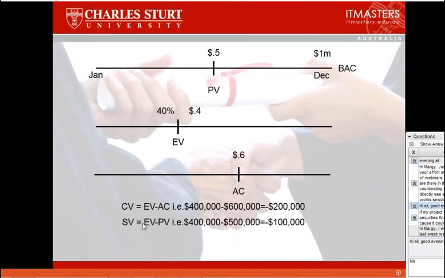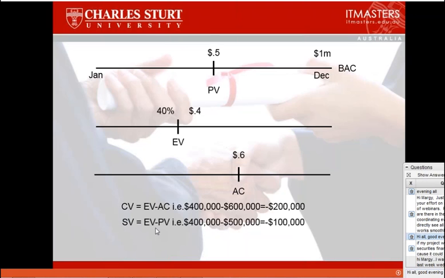The schedule variance represents the difference between the budget that we have allocated to this moment in time, and we compare that against the earned value. And we're saying, okay, our budget is 500,000, but we've only produced 400,000, so we actually have a schedule variance of minus 100,000. And that's a situation which is not very pleasant either. So in both cases, we've got a cost variance and a schedule variance, and both of these are negative figures.